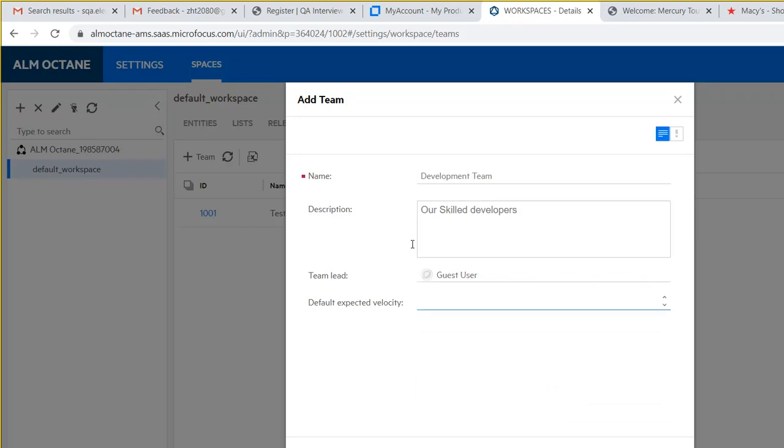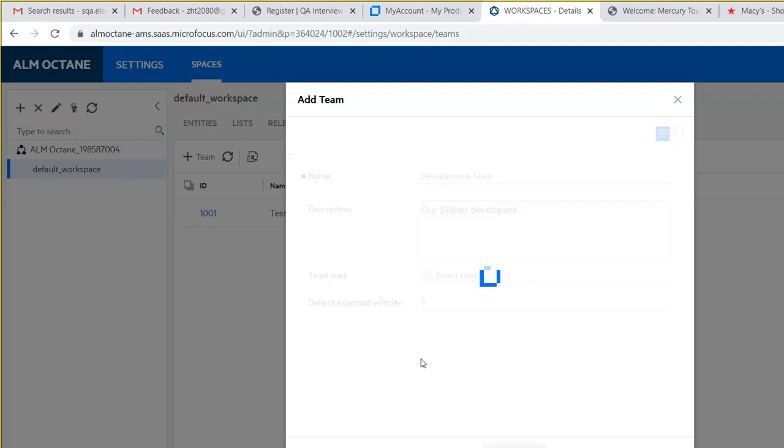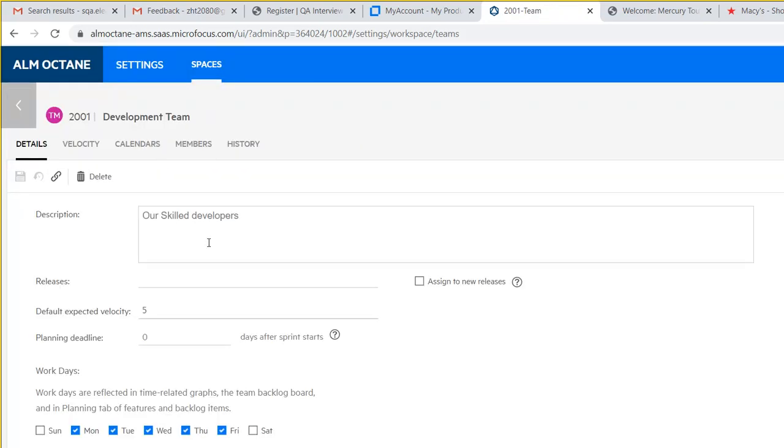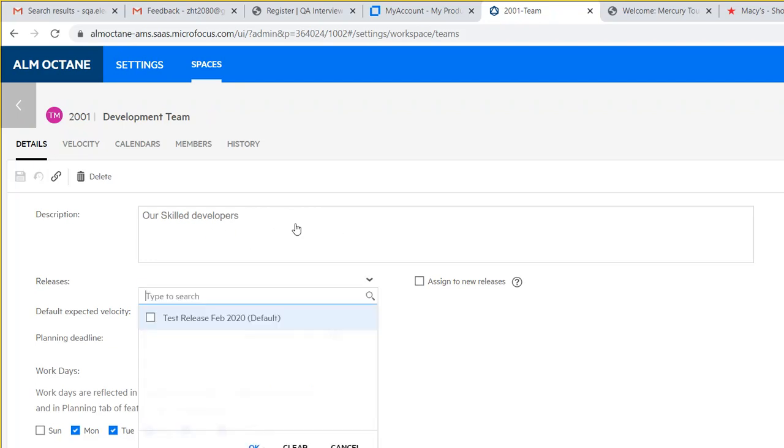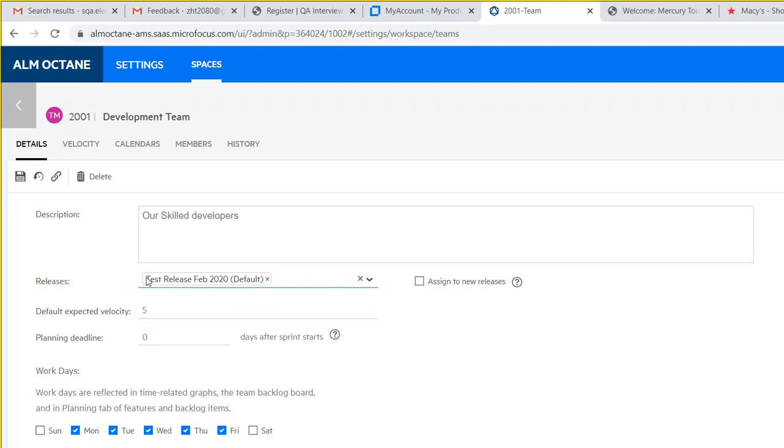Default expected velocity, how many user stories they can, how many features they will be able to write code for in every sprint. Let's say 5 features, right? Add an edit. Now in this team, right, assign to a new release. So what release? I'm going to assign this developer to the February 2020 release they will be working on, and then